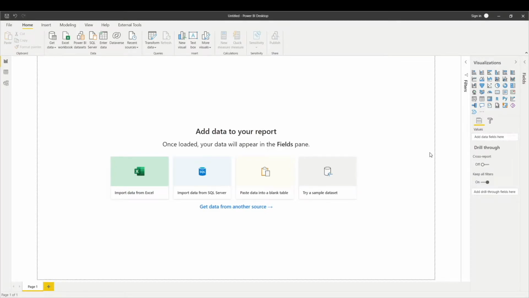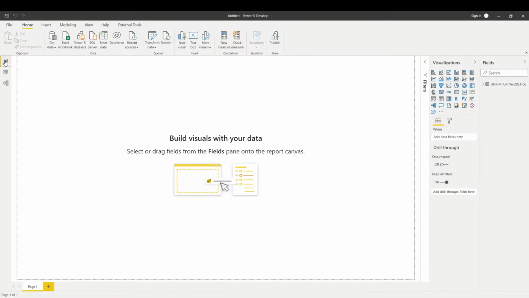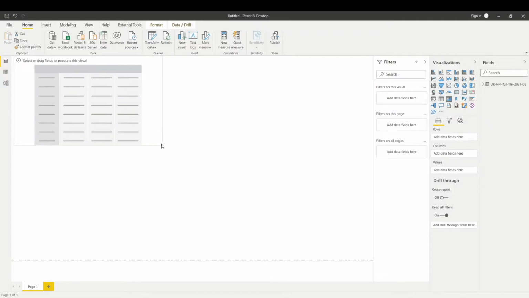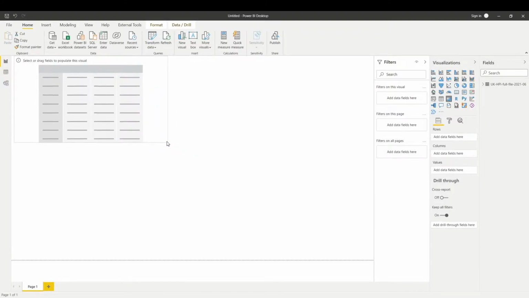And in this video, we're creating our first visualization. So let's get started. Go to my visualization section. I can pick up this matrix. So matrix is quite a simple visualization, which can be created quite easily, and it will show you your data in a report format. So if I pick up